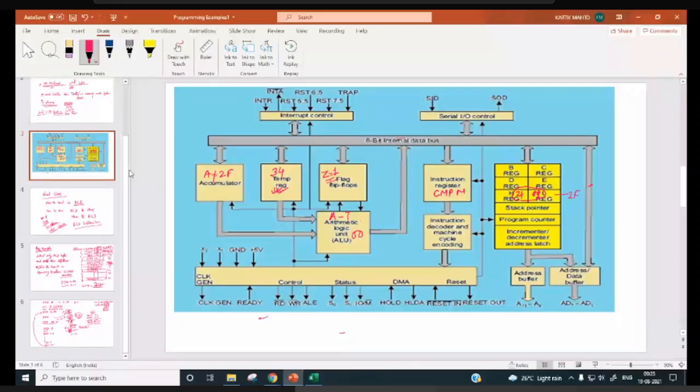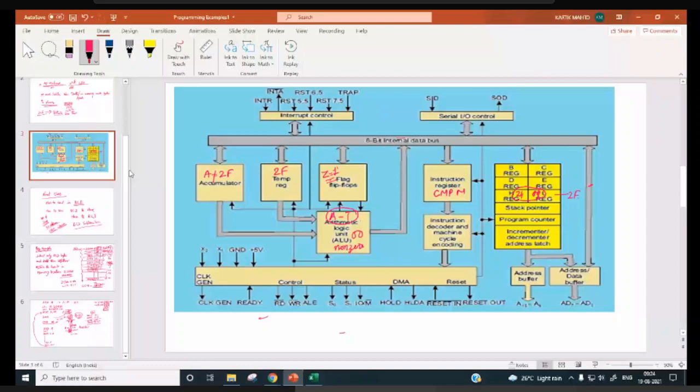A is not equal to 2F and temporary equal to 2F. So if these two are subtracted, this result is going to be non-zero. So zero flag is not going to be set. Right? So we need to write an instruction over here.